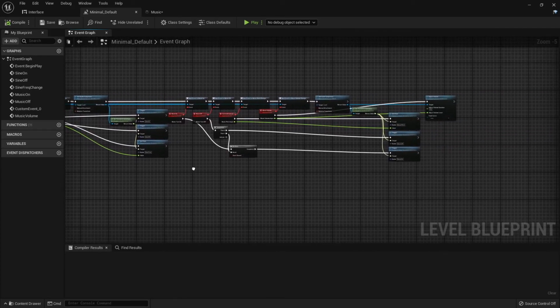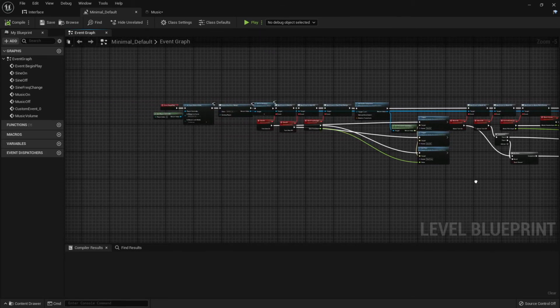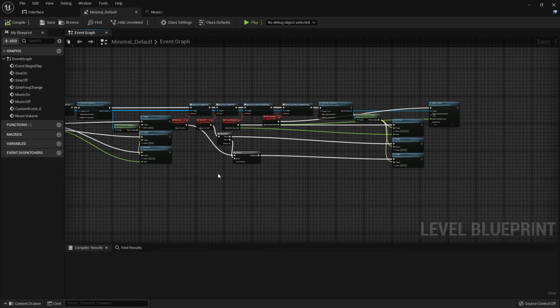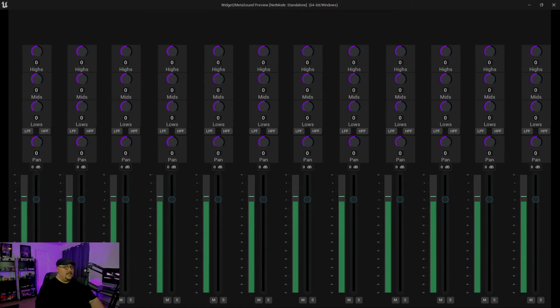I know there's a long string of things happening here, but in all honesty, it's fairly straightforward from start to finish. Now, of course, what is the purpose of all this? As I mentioned before, you could use a lot of this if you're setting up something in an options menu or a main menu to control your game sound. But if you wanted to get absolutely crazy with it, I guess technically you could build a mixing console inside Unreal Engine, and this is all functional,